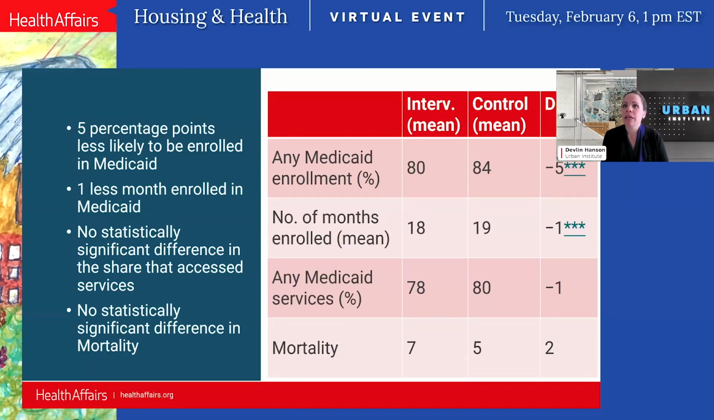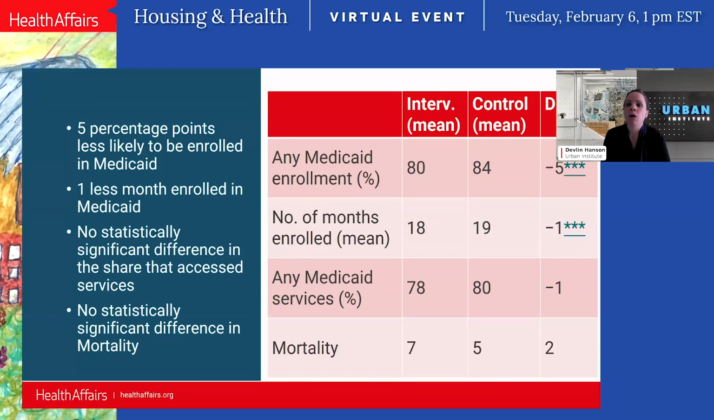We found that those in the intervention group were actually less likely to be enrolled in Medicaid in the 2 years post-randomization compared to the control group. Although the share of individuals enrolled in Medicaid rose over time for both the intervention and control group, the intervention group was 5 percentage points less likely to be enrolled in Medicaid compared to the control group in the 2 years post-randomization. This translates to on average 1 less month being enrolled in Medicaid for the intervention group compared to